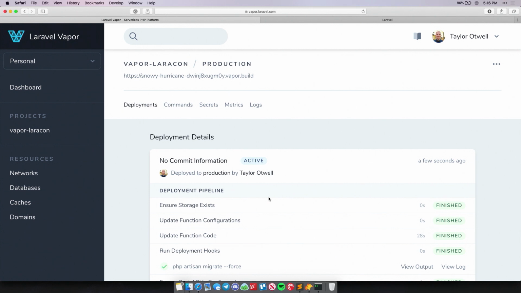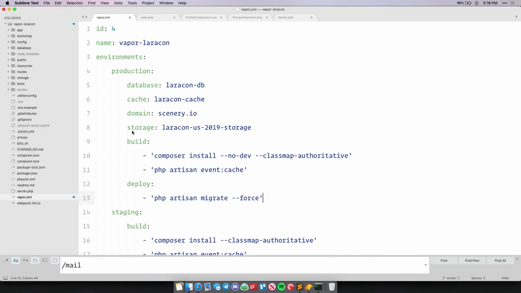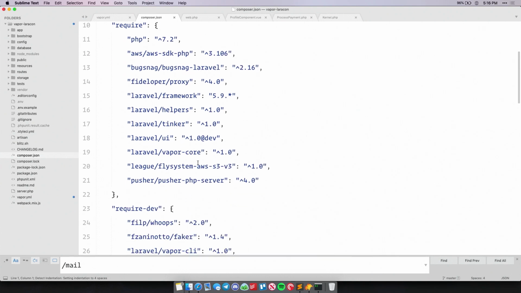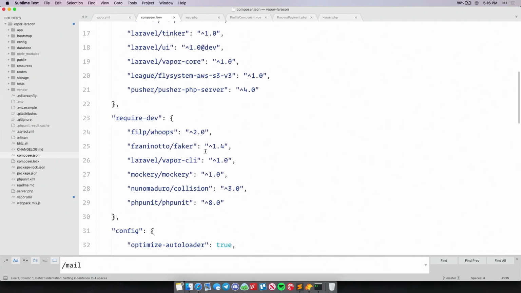So that's really nice. One last thing I wanted to show you is, all the times I've been deploying, I've been doing it from the command line on my local machine or right here in the Vapor UI, but you can also deploy from your CI pipeline if you want to do things that way. So if we look at that test project we've been messing with, in my composer.json, you can see that here in a dev dependency, I've got the Vapor CLI right here in my composer file. So what that means is, of course, I can run Vapor commands from wherever.